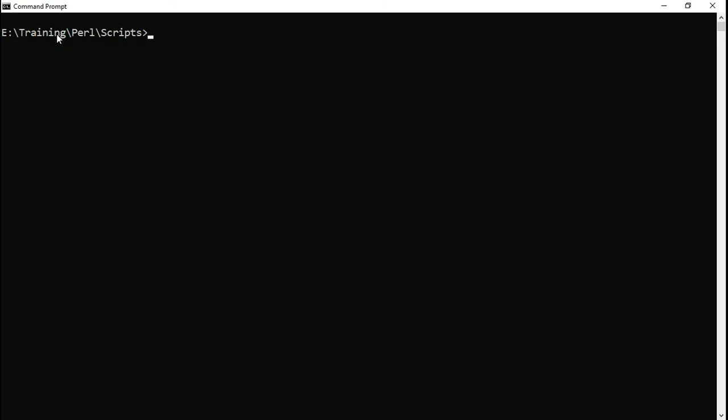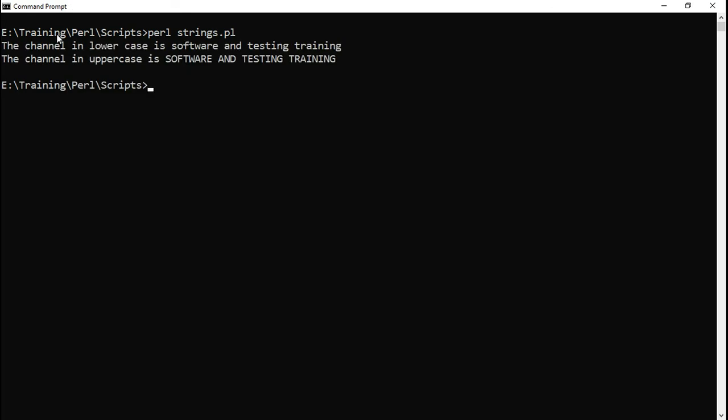The command to run the Perl script is perl followed by the name of the PL script. Now here it says the channel in lowercase is software and testing training. It's all in lowercase, and the channel in uppercase is software and testing training, all in uppercase.